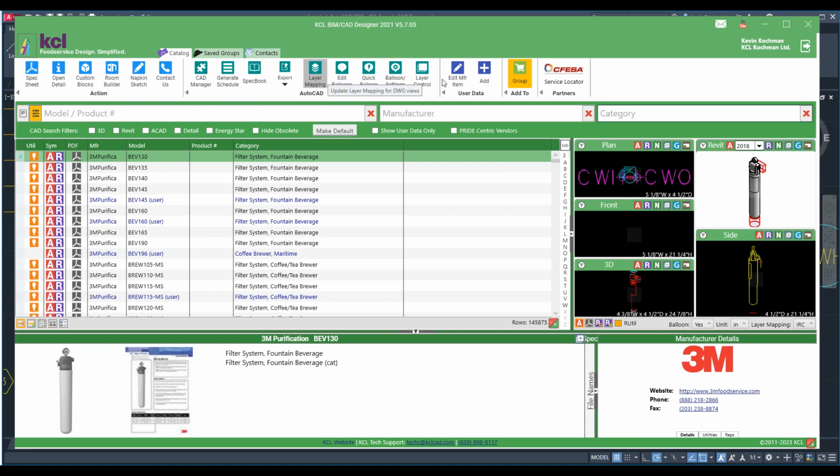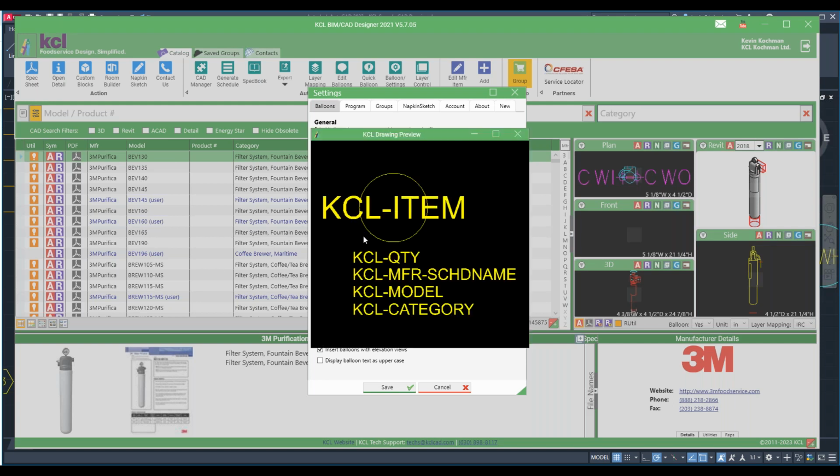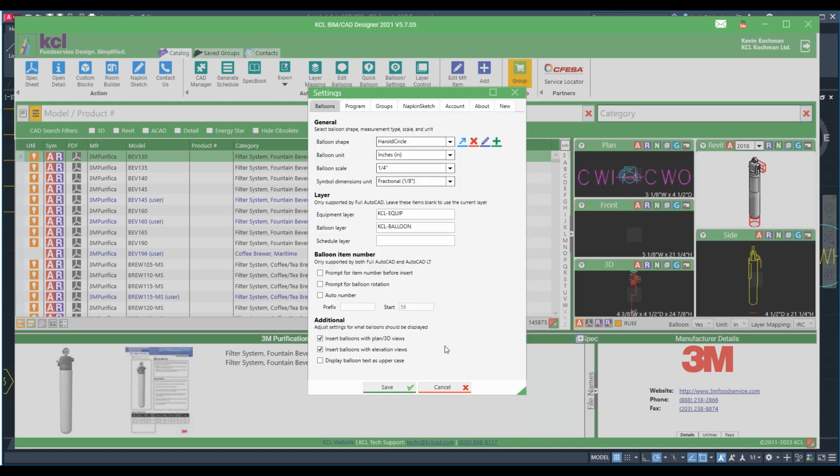Other things that come up, the ability to change your balloon style. So if I'm a KCL user and I hit balloon settings, on the very first tab, I'm going to see ellipse, hexagon, rectangle, circle, but if I keep scrolling, we'll see my different user versions. Okay, and I'm just going to go grab one here, hit the blue preview to show you what it looks like. It may be a different layer, it may be a different size,